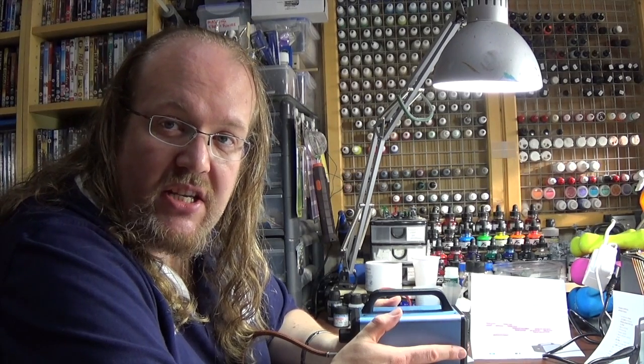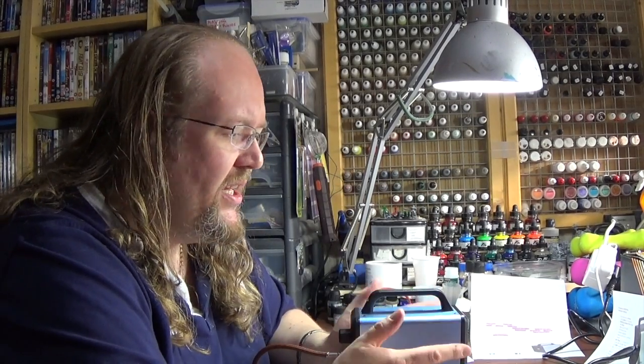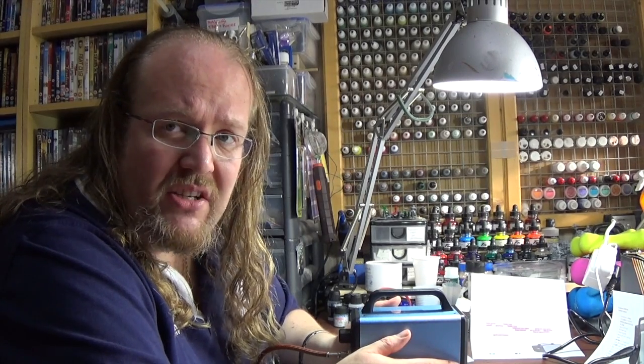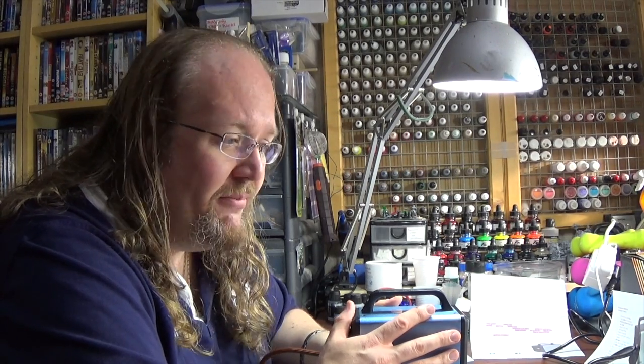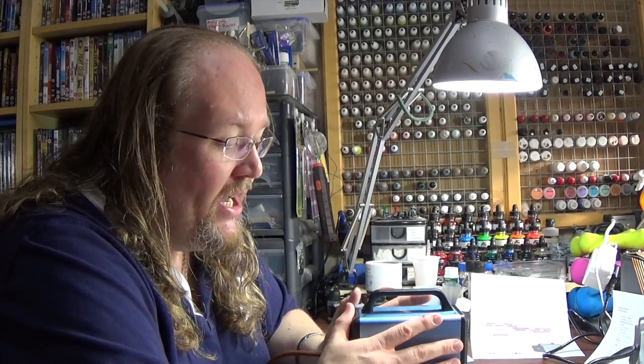I like the fact that when in use, it's relatively vibration free. Again, the Chinese compressors that I've used have quite a lot of vibration coming out of them, almost bouncing around your table level. This isn't, it's solid, it stays in place, so it's not affecting your work or your workflow because you're not worried about your compressor bouncing off your table or bouncing around the floor because there's so much vibration going through them, which is something I've experienced with Chinese compressors that I've owned. I know it's reliable